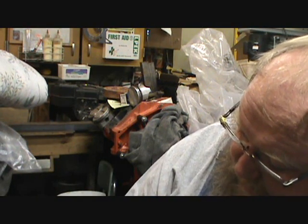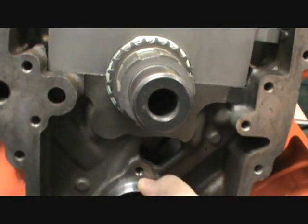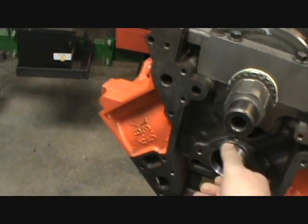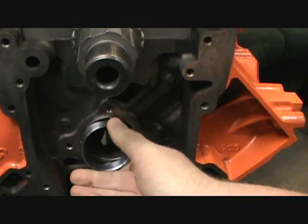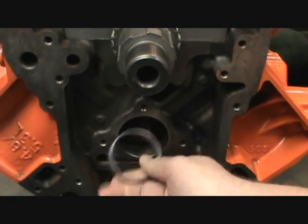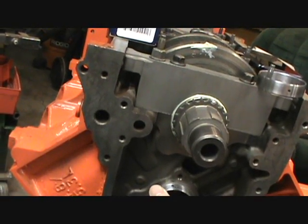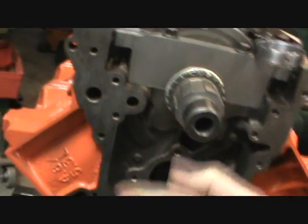Oh yeah, that's a lot better than the other one. See, that one will hang there. That one won't even, with the beveled edge on there, I can't get it to. Oh yeah. All right. Well, I now know that these...